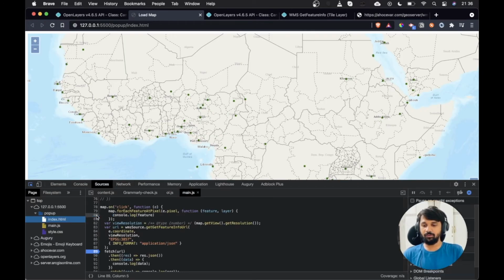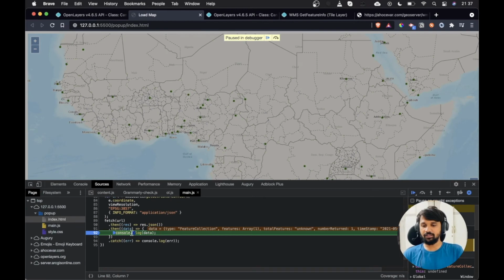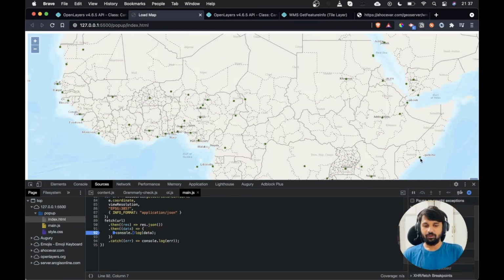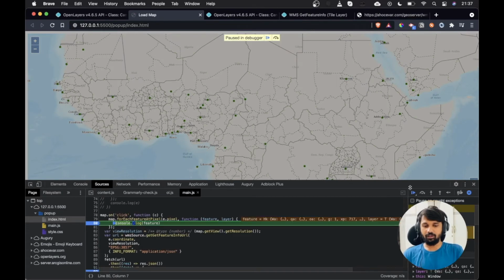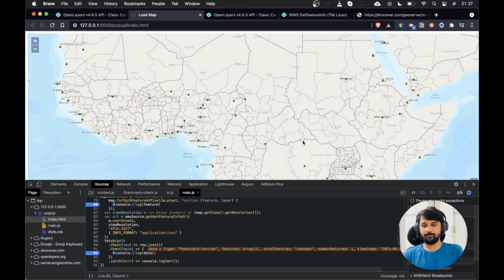I will only put the console log at the result. If I click just on raster data, I am directly getting the result for the raster data. If I click on vector data, I got the vector result as well as the raster result, because of course the raster is below the vector. That's why we got both of these responses.